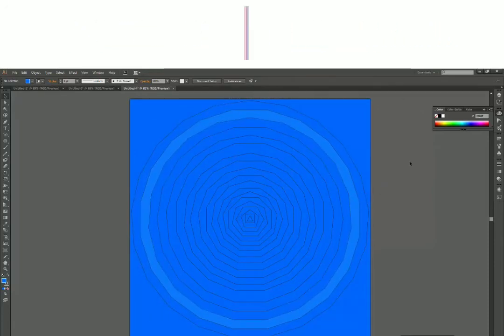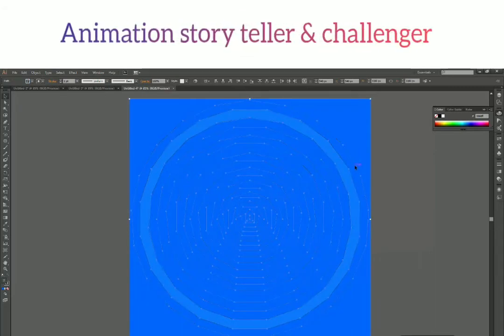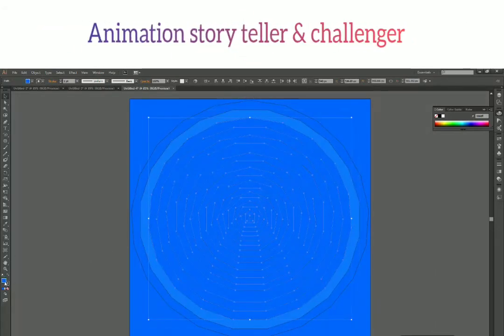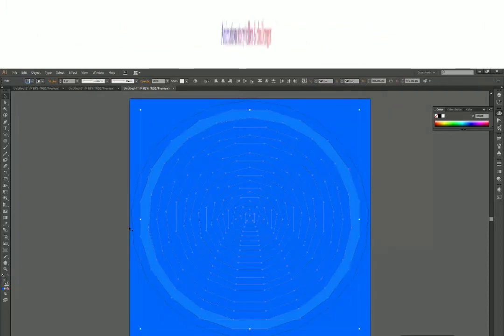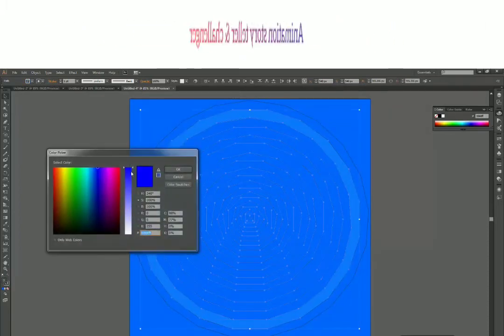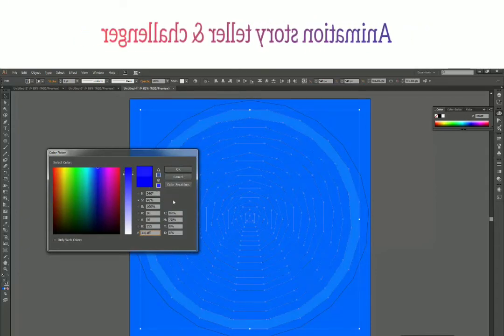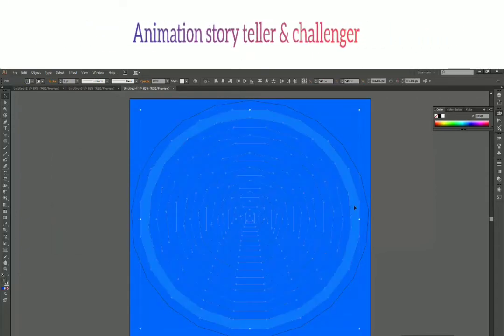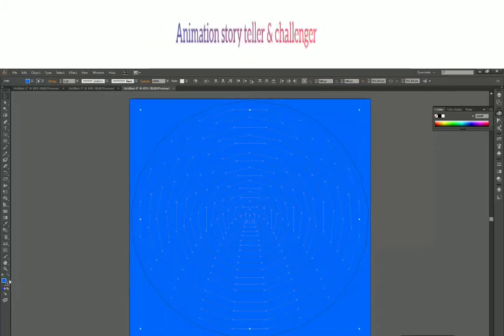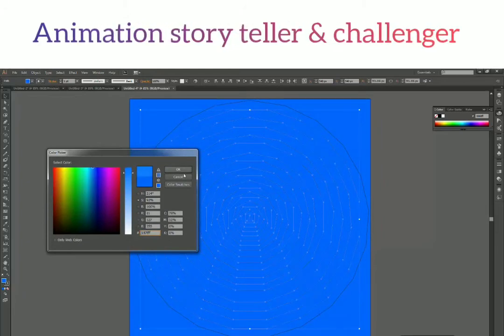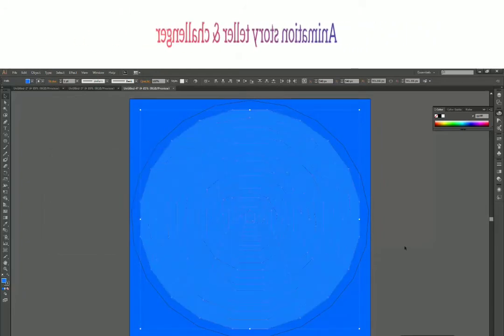So what you can do is select all of them, deselect the outer two polygons and deselect this third one, and now drop the color value a bit for this one. Add a little bit of white in the color and press OK.